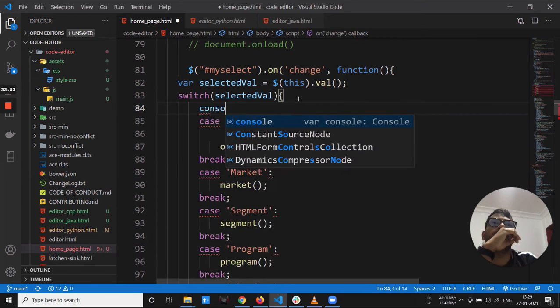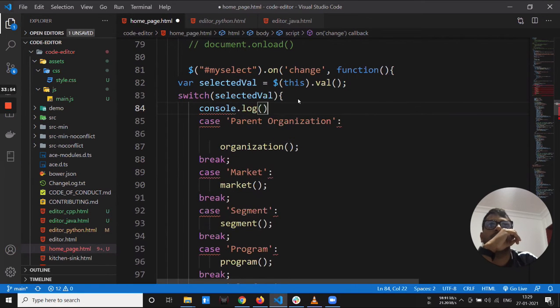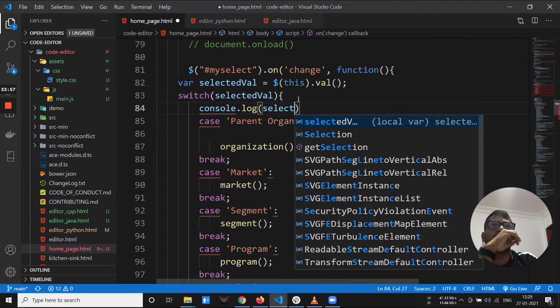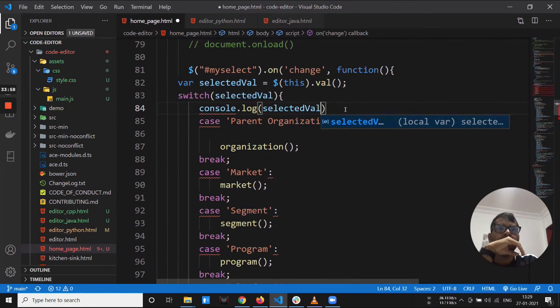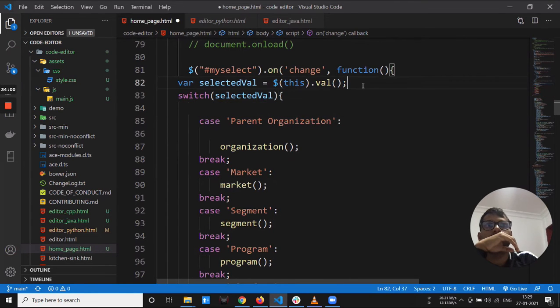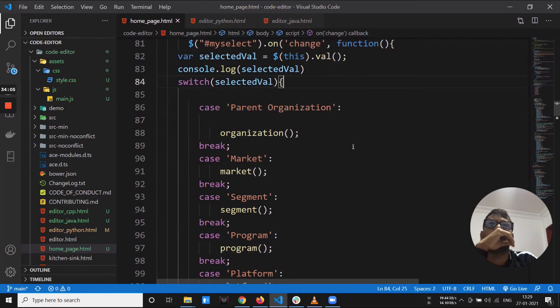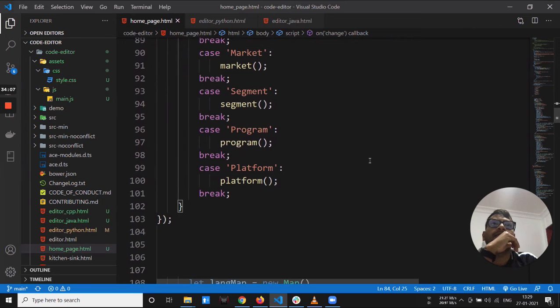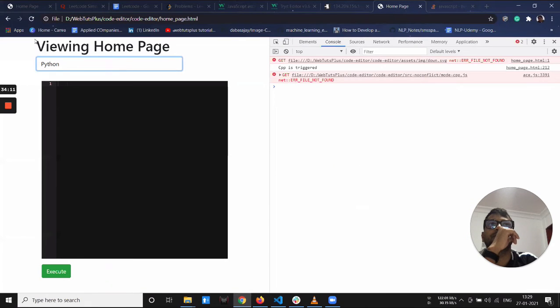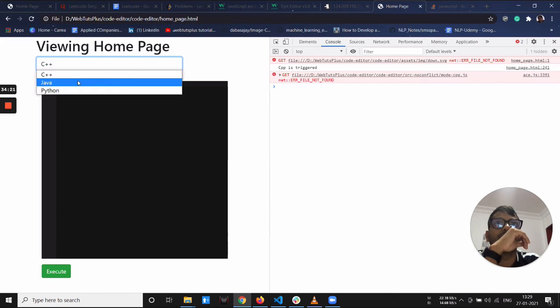After line 82, I want it, but it's okay. This also works. Okay, let the code be there, and let's see if this works or not, and what we are printing when you select it. It's not triggered, right?